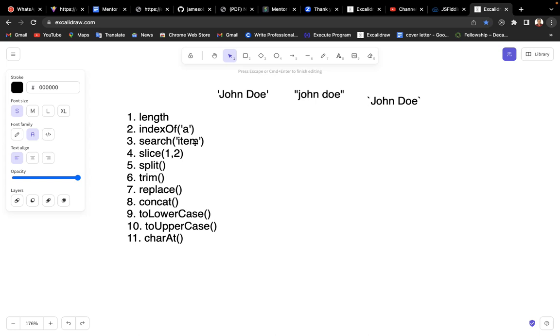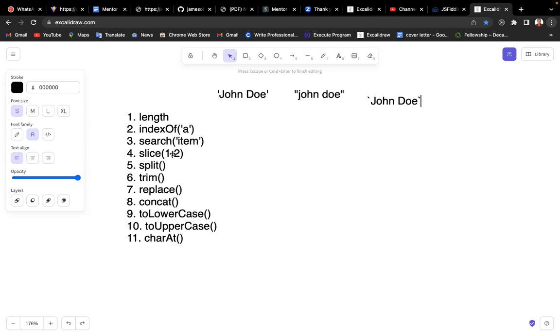It's very handy. Maybe you have some long string of text that can contain thousands of letters, or a bunch of words, and you just want to search if a particular word or a particular character is in that string. So the search method returns you that, and it comes very handy in those kinds of scenarios. That is very important. So the next one, item number 4, which I want to talk about, is the